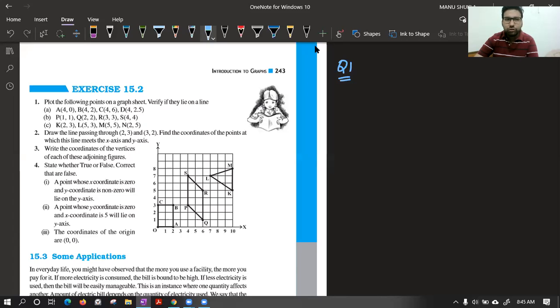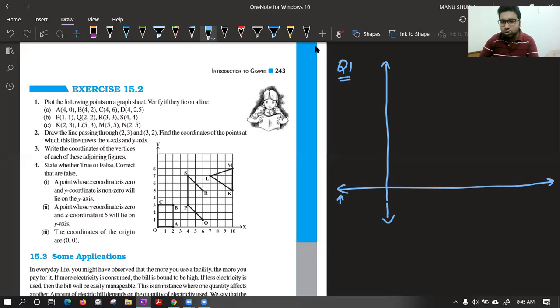So Saurabh, first of all, we will make the coordinate axis, that is y axis and x axis. If you want, you can extend these two also, but actually these are the negative portions and negative portion is not required. That is why I will make it smaller. When negative portions are required, we have to extend these also. Okay, so this is the point of intersection of the two axes, that is x axis and y axis. We call it origin, 0 comma 0. Class, this point is 0 comma 0.